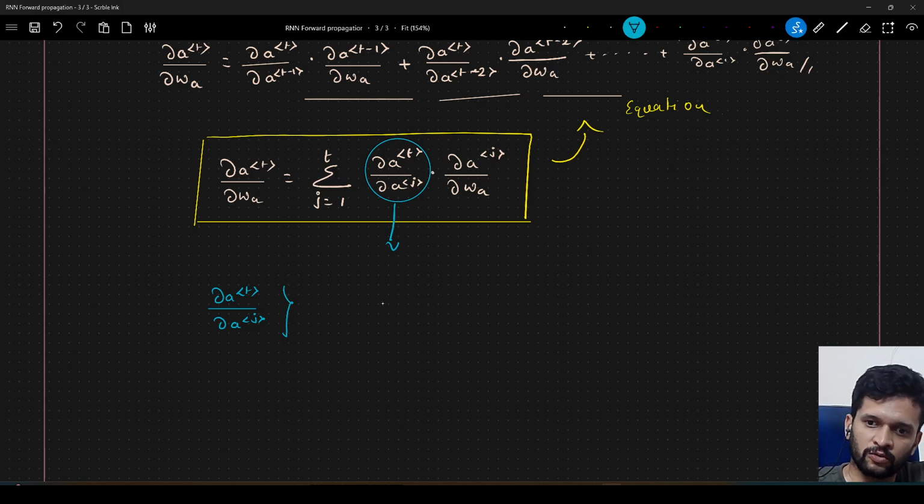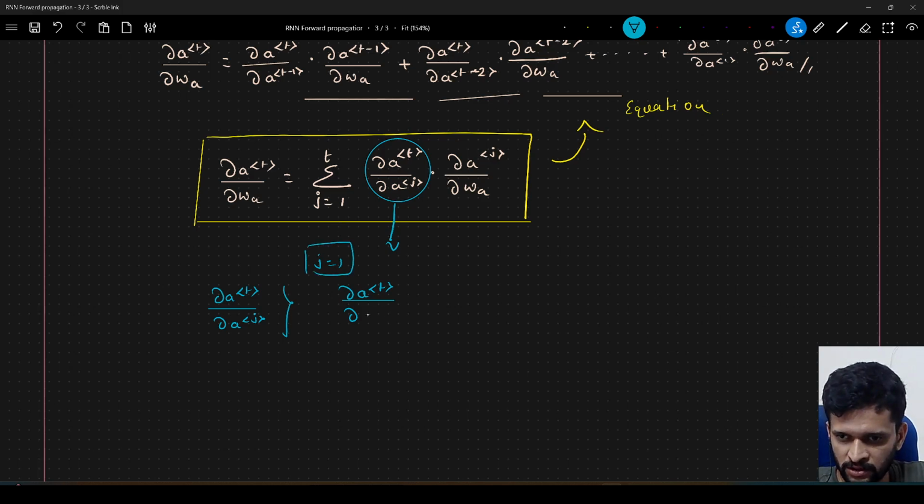This is the derivative of activation at time step t with respect to, let's take j equal to 1 for now, so this is dA1. So how do you calculate this? This is a product of multiple things, right? This is nothing but the derivative of activation at time step t with respect to A1, which can be obtained as